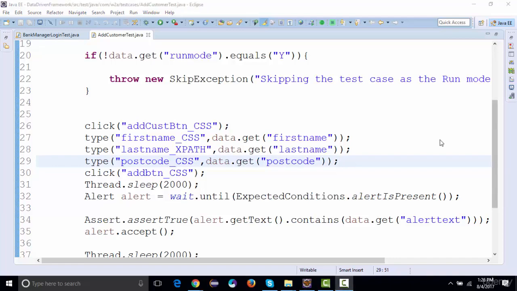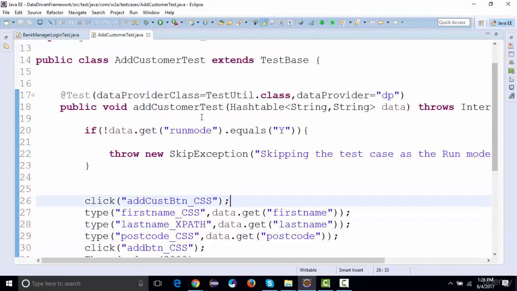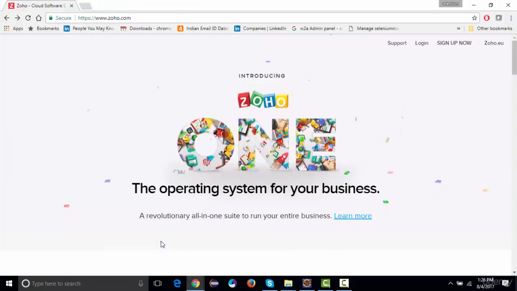And it may happen that the same functionality of adding a customer is accessed from five different interfaces, right? There are times when we have common functionalities available. Let's say if I talk about another application, this is the zoho.com application, a very popular business solution. It's basically a CRM based application.